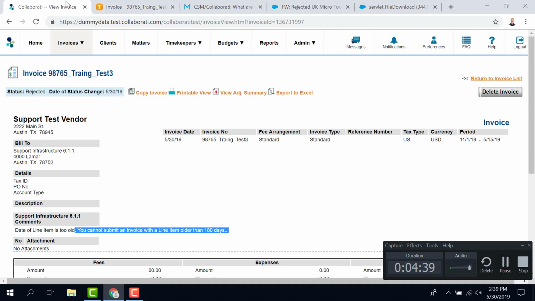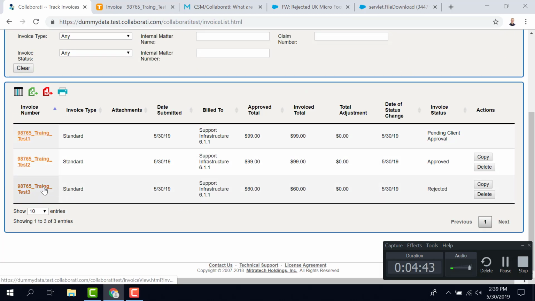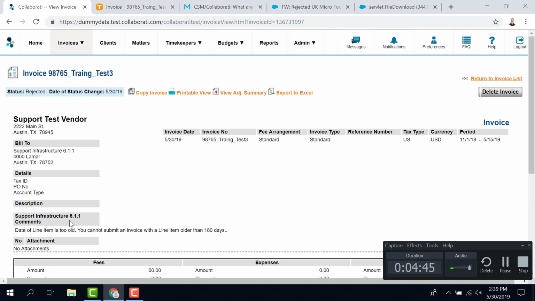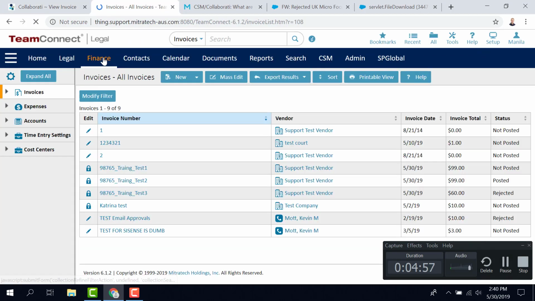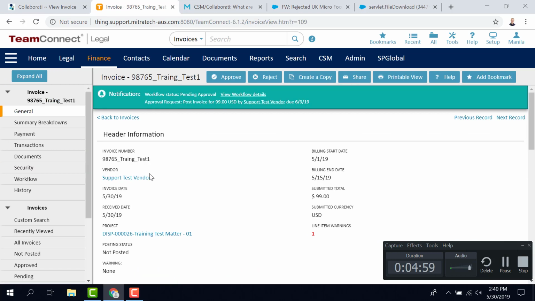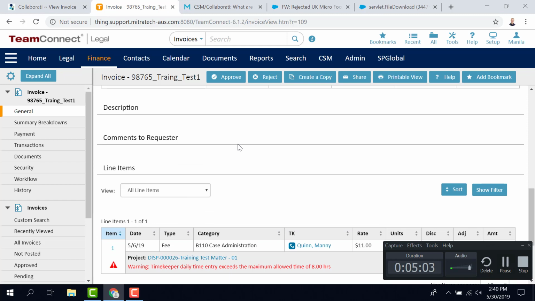So what we saw was this invoice here, invoice 3. It was marked as rejected, and this is that comment that I manually typed in. You can't submit an invoice with line item older than 180 days. This is what that rejection looks like inside Collaborati. This is what it looks like inside Team Connect. And this is how you do it inside Team Connect, is by hitting that reject button. So once you have all of that,